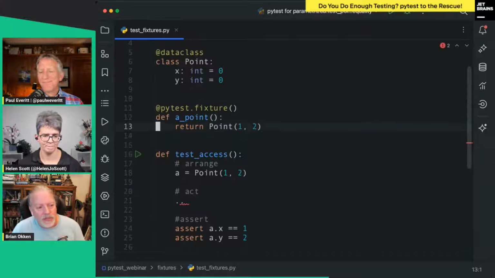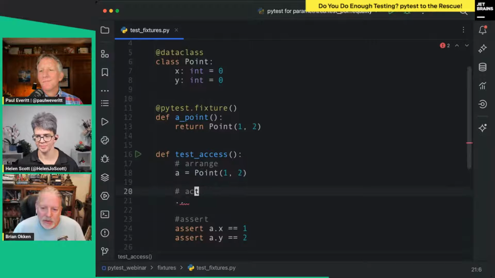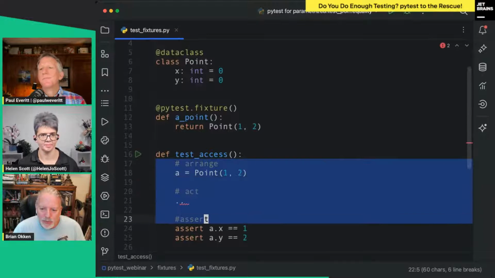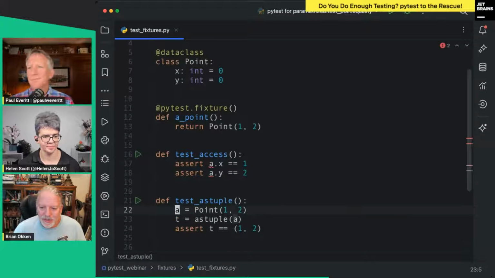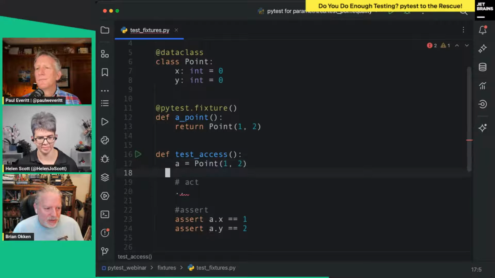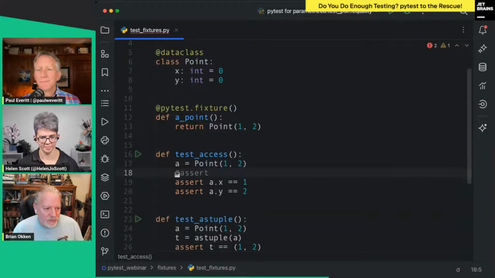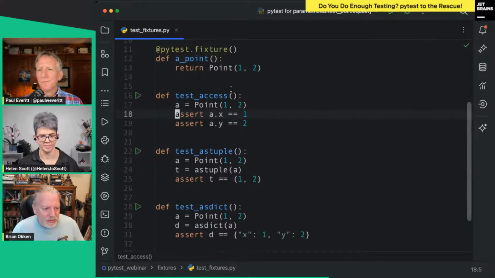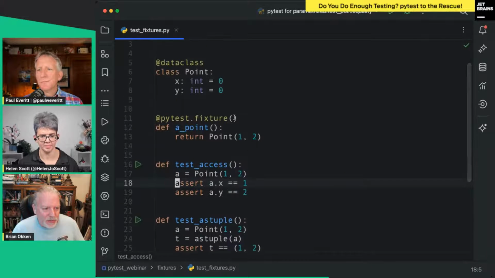But okay, so I've just got one point, and now I can replace all of these point creations in all three of these tests so far with this fixture, but the name's wrong.